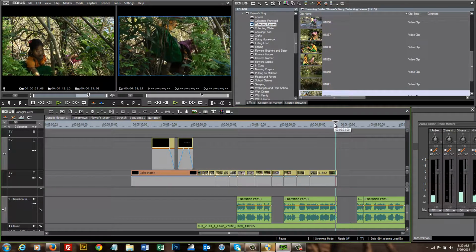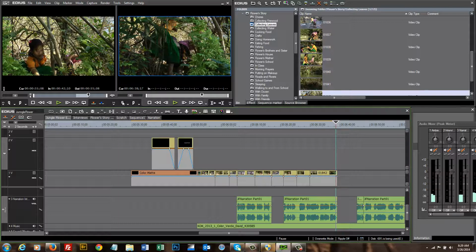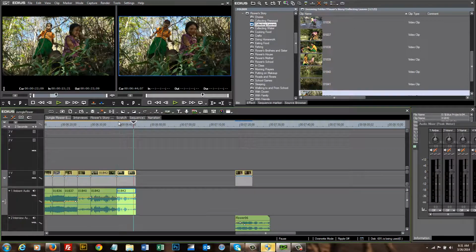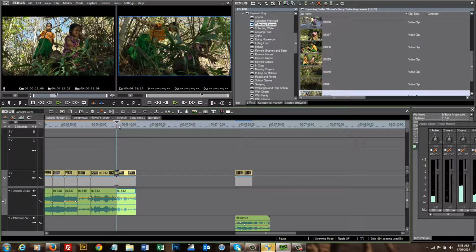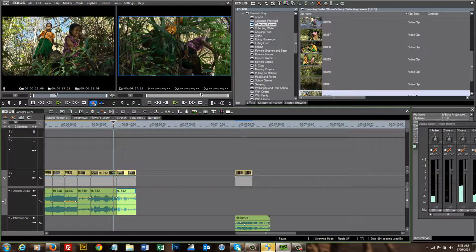It's not necessary to hit the I key or set your in point here. Edius will understand that when you use this button, Overwrite to Timeline, you want to send it to where the playhead is positioned. So we're back to kind of a 2-point method of editing,